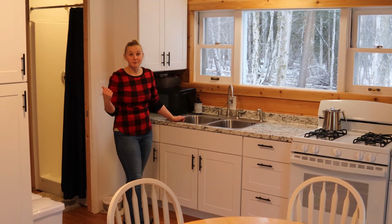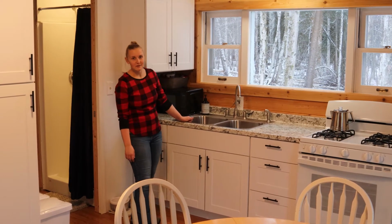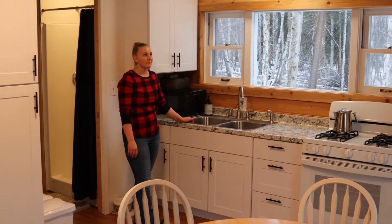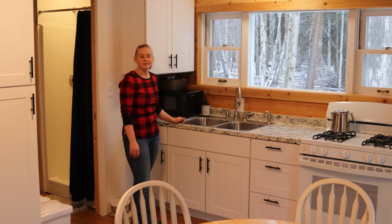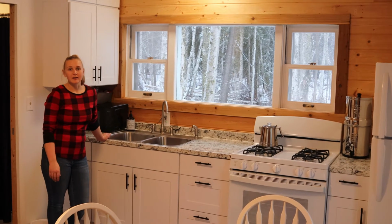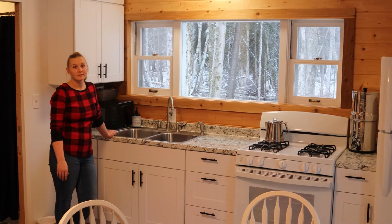We don't have a bathroom sink, if you didn't notice, so we keep our dishes free of being left in the sink overnight or for too long, and just take care of them whenever we cook. So it works out really good. Also not having a dishwasher, just clean up after yourself. And a big reason why we came up here was to be minimal with what we own. We don't need 18 forks and 18 knives,